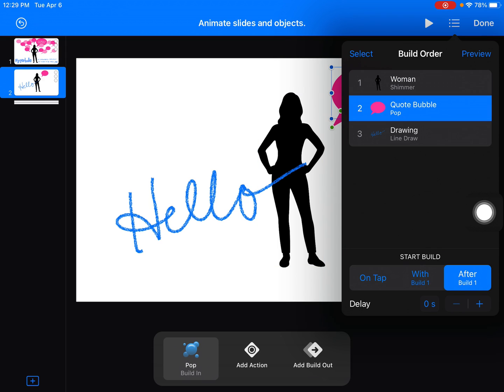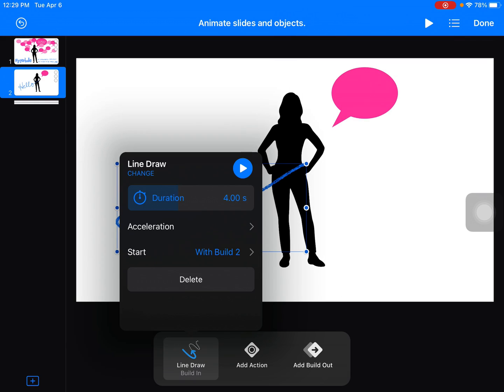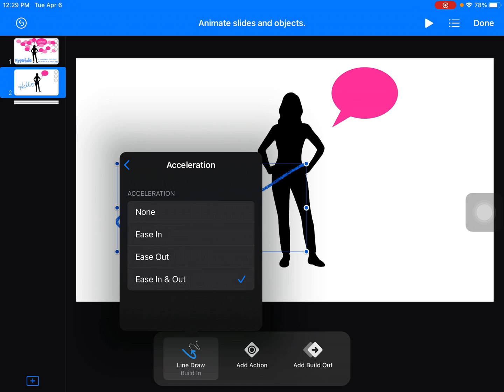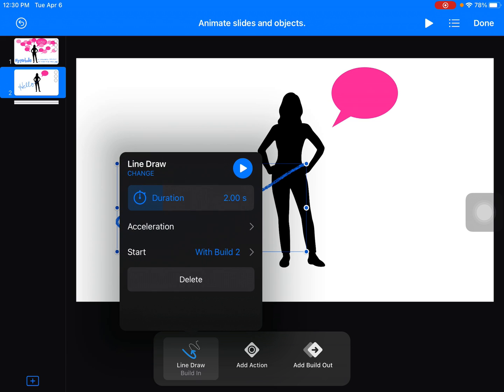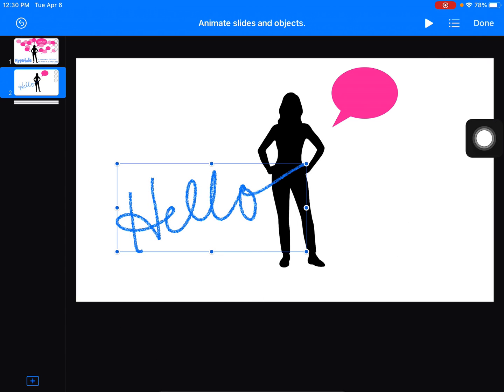And you can even decide on a delay. You can delay this for a couple seconds. These are our decimals here, so you can delay 1 second or less. The drawing, remember, you can decide if 4 seconds is too slow. I can go 2 seconds and it'll draw in very quickly at 2 seconds. I'm going to say no acceleration, and then let's get another preview. Let's say done,